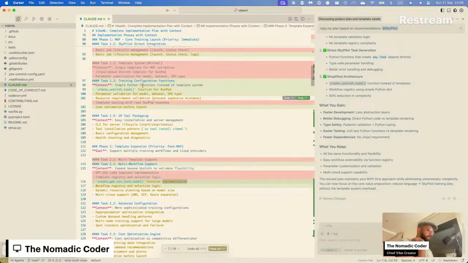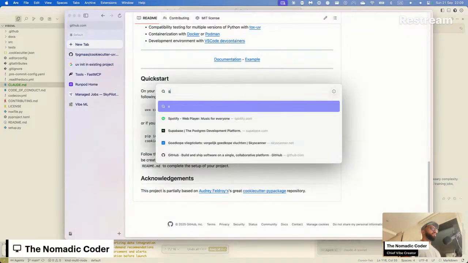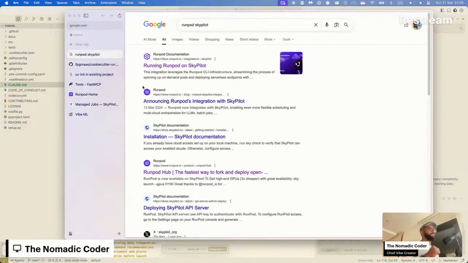I just want to create that, right? Sounds good. Okay, meanwhile, I just wanted to do this, right? I was halfway doing that. I want to connect SkyPilot with RunPod.